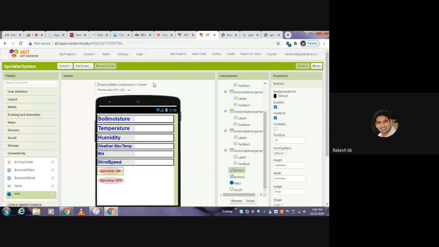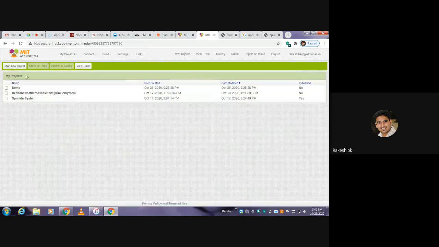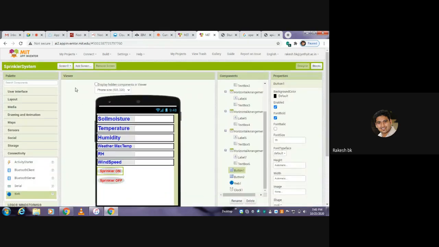It will redirect to this page, where it will show a blank page because you have not yet created a project here. Go to start new project, click on start new project. A new project will be displayed, and you can create a new project; I have named it sprinkler system.